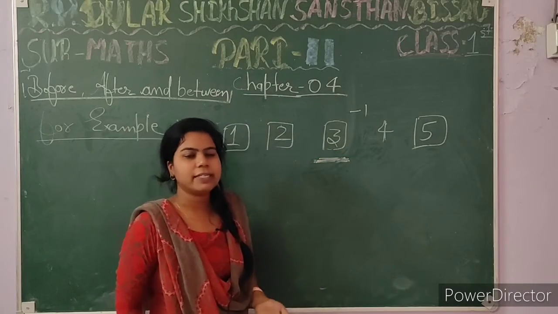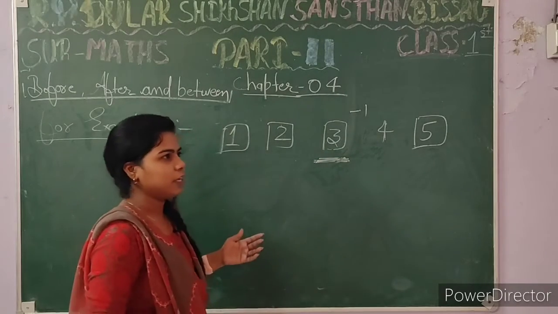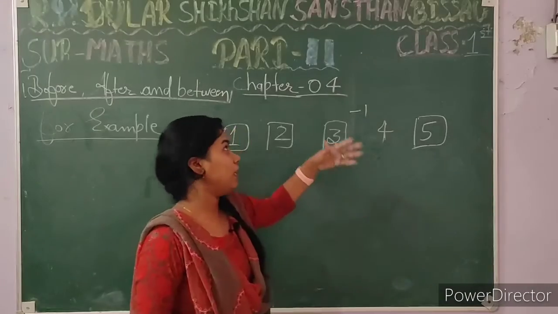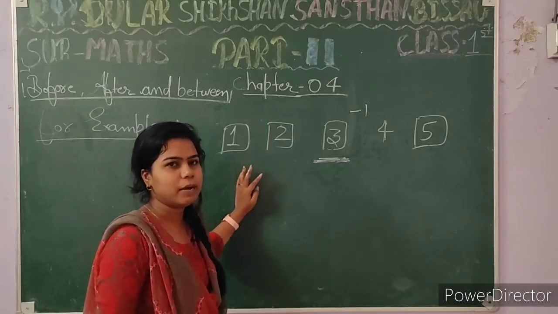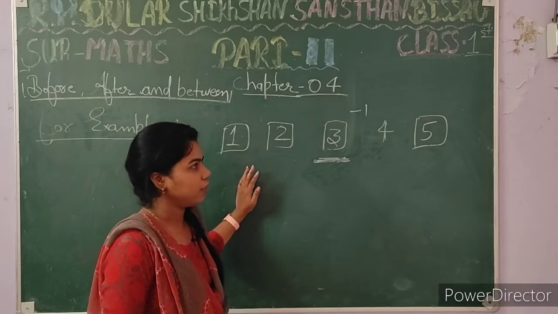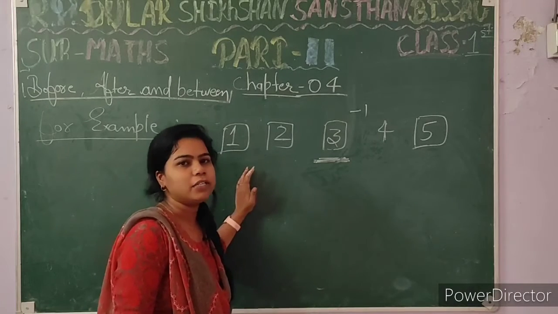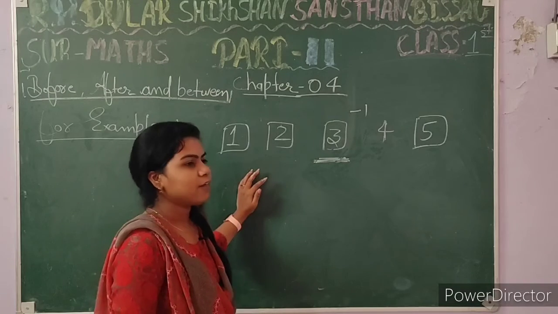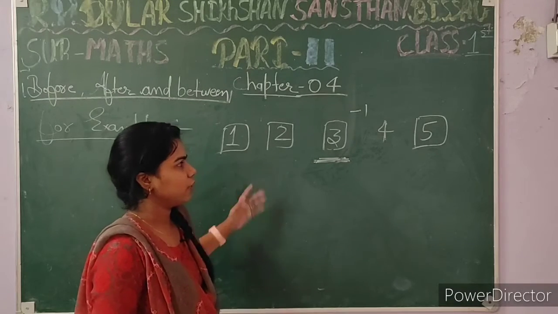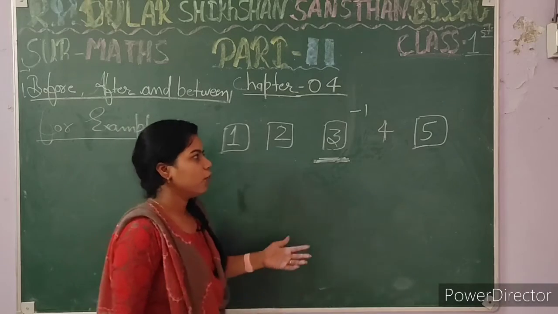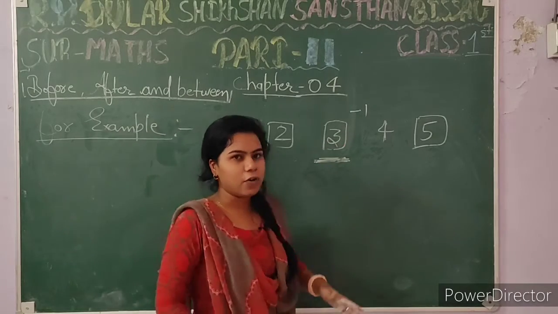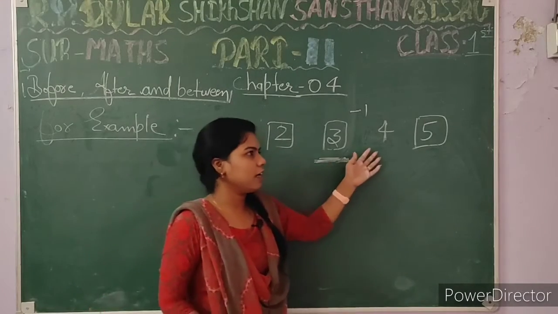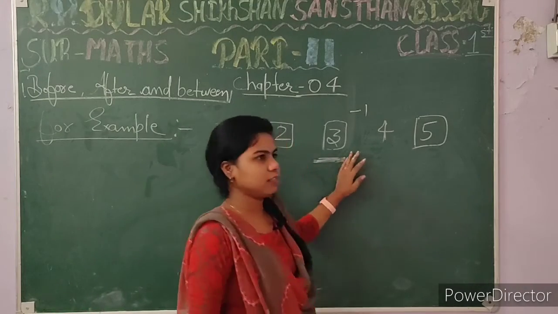Okay, I will tell you some short tricks, students, in odd and even numbers. In part 10 we studied odd and even numbers, and I also told you a short trick to recognize them. And for before and after I also tell you a short trick: if we have any number, then for before and after we use in counting, like -1 and +1.